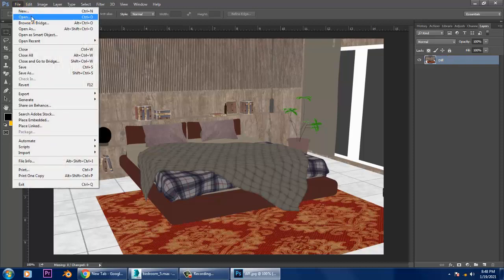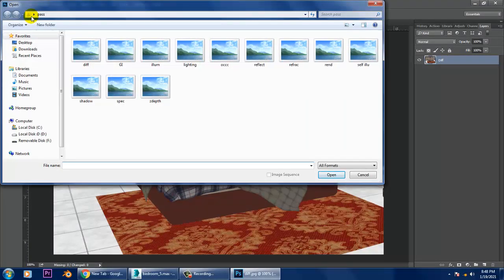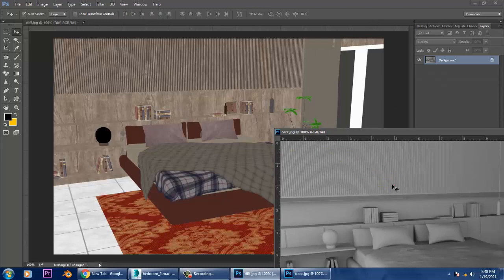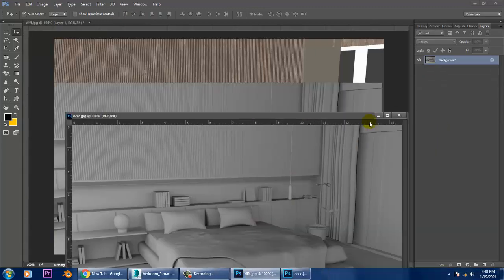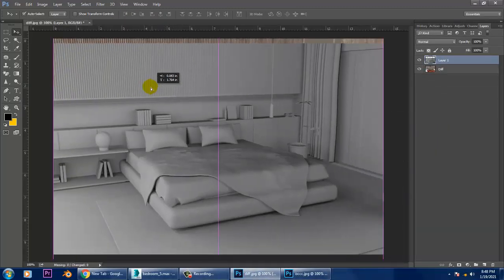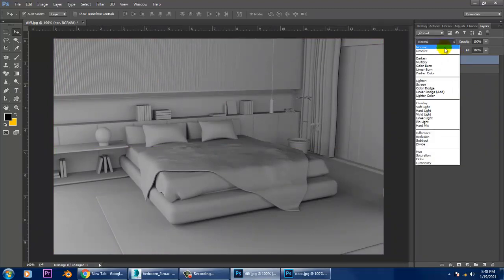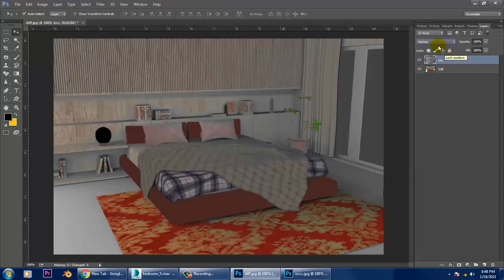Let's open. On top of it, I have generated one occlusion pass. That's your ambient occlusion. Ambient occlusion is used for soft shadows, for depth we can say. Once you add this on top, I'll rename it as occlusion. Let's set it as multiply.